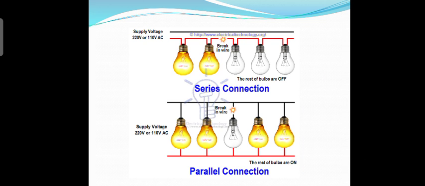You can see that in the series connection or in the series circuit, all the bulbs are lined up one after another and they are making a single path for flow of current. So if there is a break in wire at any point, then the further bulbs cannot glow. While in parallel connection, all the loops are different, all the circuits are different. So if there is any breakage in the wire, only that bulb will not glow, the rest will keep glowing.